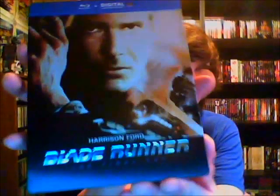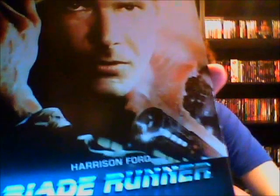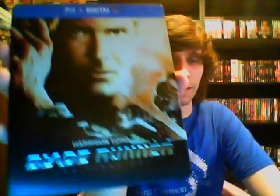So I got a lot of stuff to show here, so I'm just going to get started right now. I'm going to start off with the Blu-ray Steelbooks, and I'm going to start off with my favorite thing that I picked up over the past month, and this is the Blu-ray Steelbook of Blade Runner. If you've checked out any of my other videos before, you might know that I'm a huge Blade Runner fan. Blade Runner is actually one of my favorite movies ever, and since I'm obsessed with collecting Steelbooks,